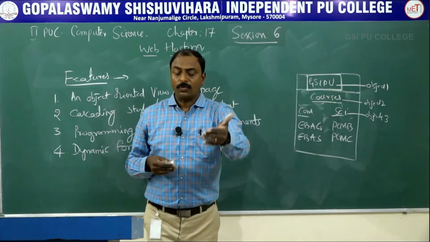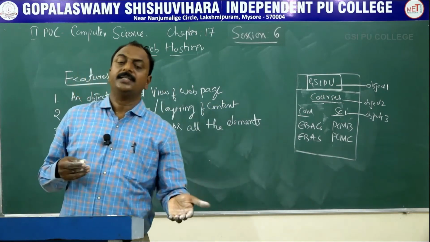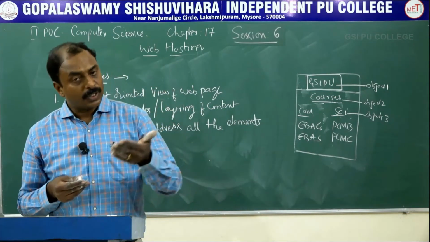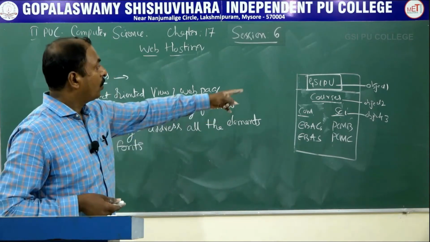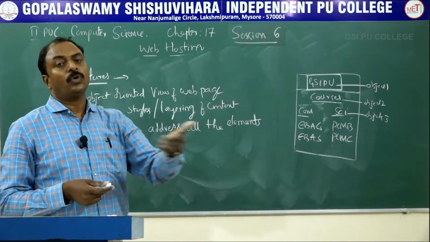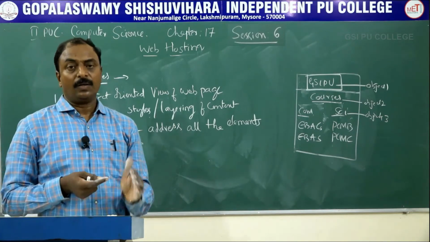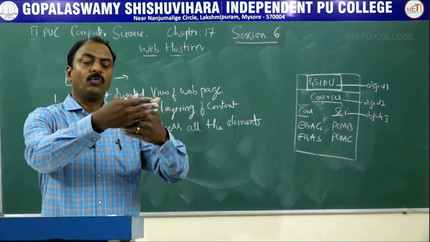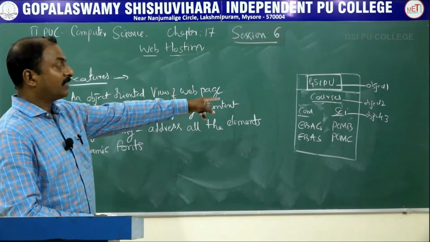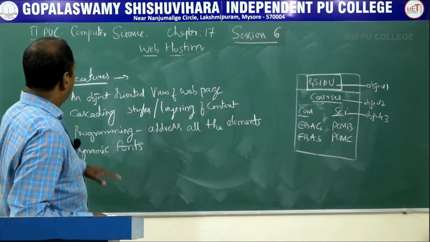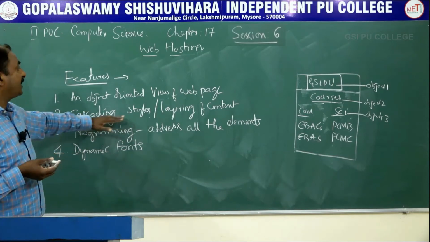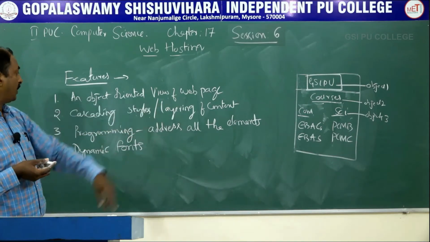So here the background is one layer, and on top of it we have courses. This object is placed over it. So all the contents or the information are placed one over the other. That is called the layering concept. So it also provides a cascading of styles or layering of content.